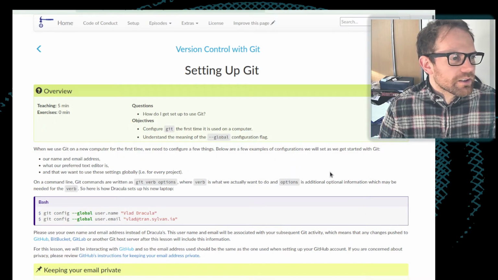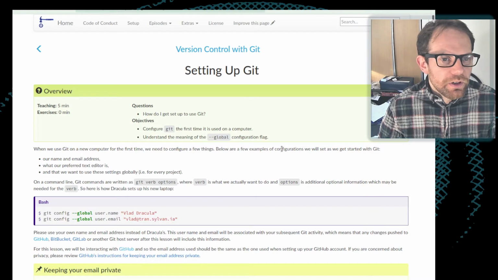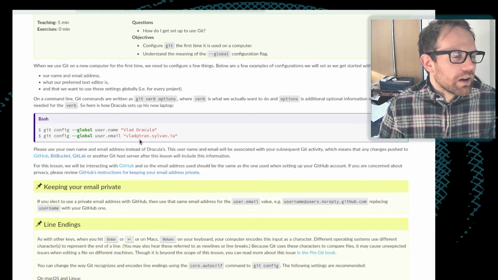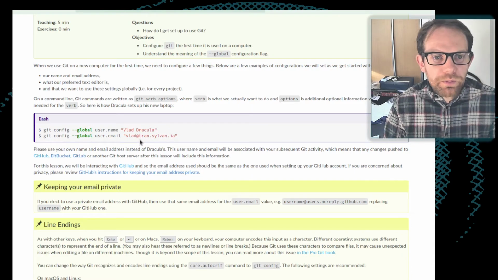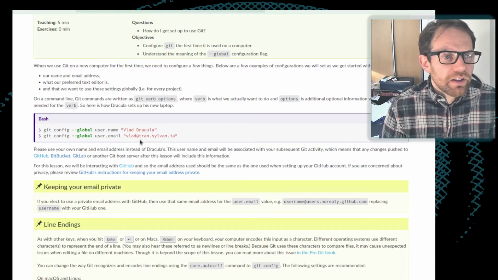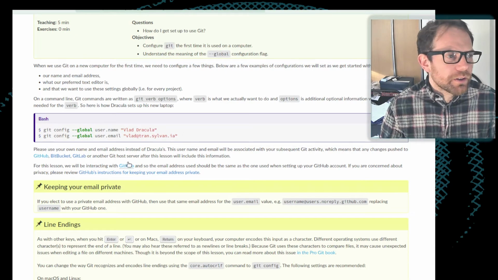So let's start out by getting set up. If this is the first time you've used Git, which I imagine for some of you it will be, we need to do a little bit of very initial setup, so that Git, when we're working with other people, is able to assign the changes which you make to you as opposed to somebody else. It needs a little bit of information about yourself, and it does this through its built-in configuration.